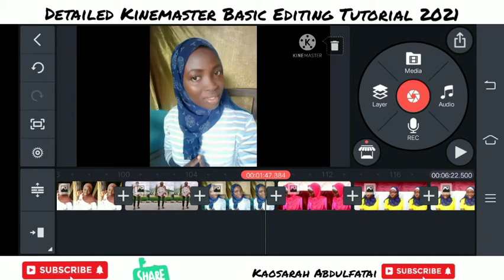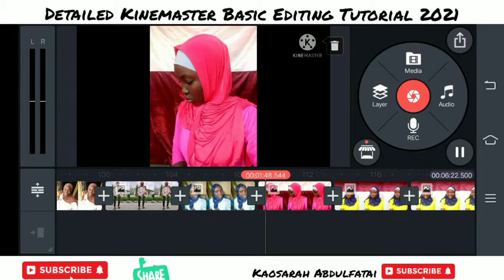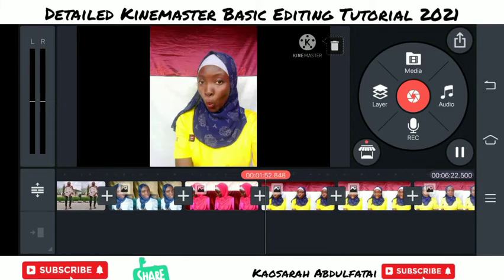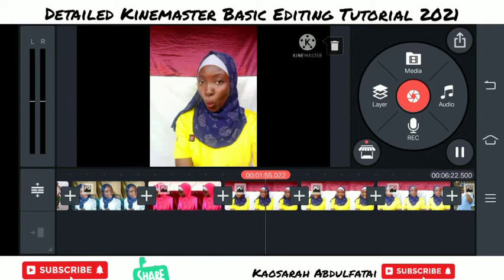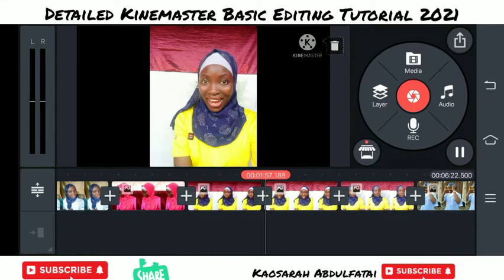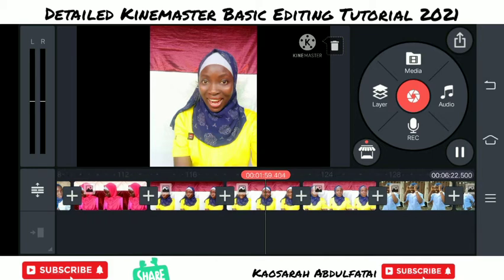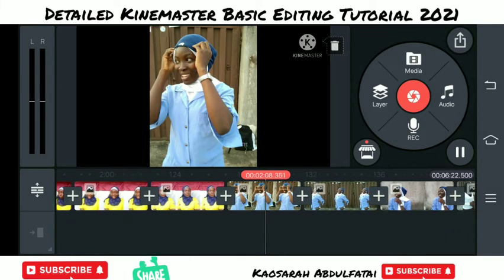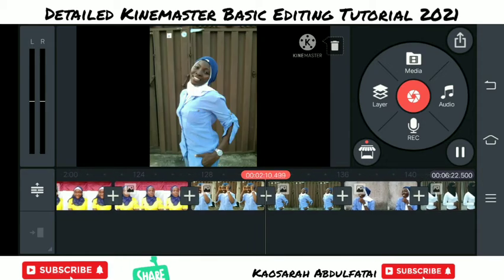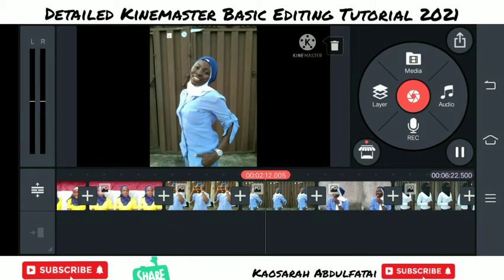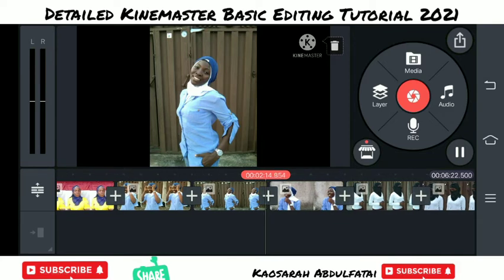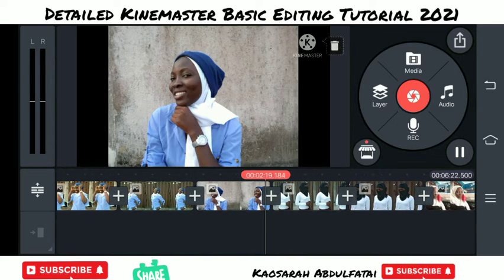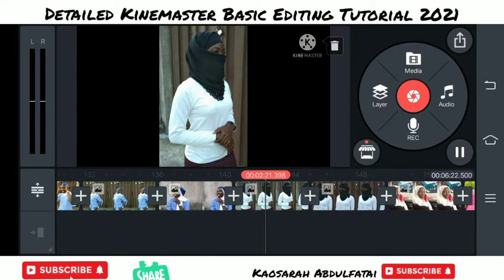The KineMaster app has 4 layers which we'll be talking about. After you are done and have removed all errors, you can click on any of the layers to start editing your clip and doing the necessary things you want to make the video look the way you want. That's what the KineMaster app is all about, and it helps you create videos like a professional. If you want to create a vlog, or a reaction video, anything you wish to do, the KineMaster app is very easy to use.